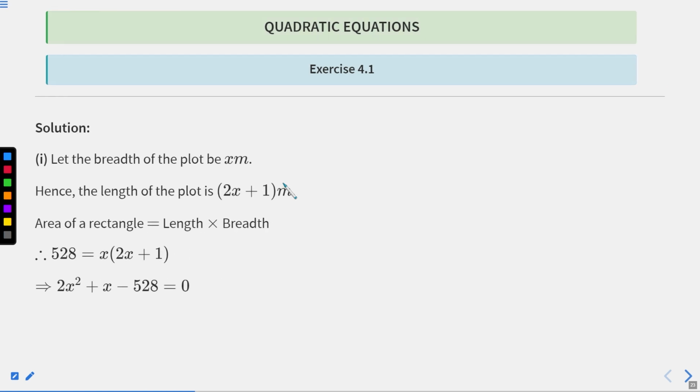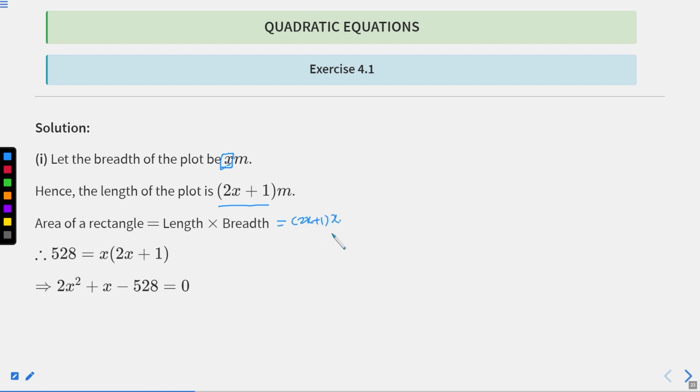First we let the breadth of the plot be x meter. Hence, by the given information, the length is one more than twice its breadth, so the length of the plot is 2x plus 1 meter. We know the area of a rectangle is equal to length times breadth. Here the length is 2x plus 1 and the breadth is x meter. So now the area of this rectangular plot is equal to 2x plus 1